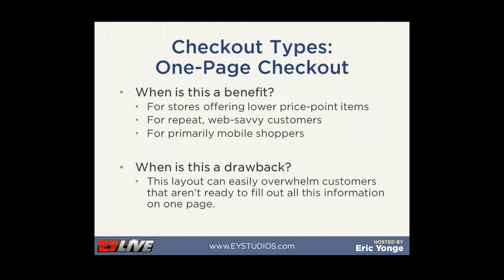And login that can autofill anything during checkout is a benefit, honestly. Even if it's not a one-click, if it's multi-page, but it's filling out the info for them, it's helping them out. One thing I do want to mention real quick, that I wanted to say about the